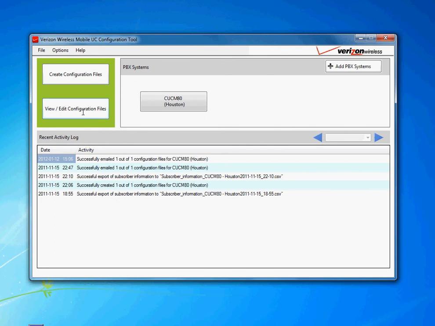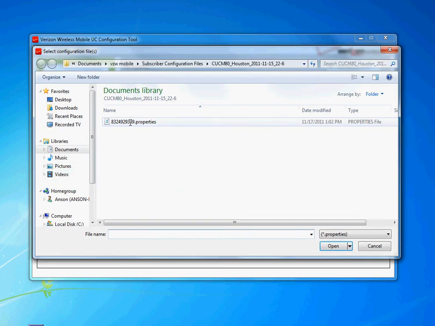Right now I'm just going to do the view edit configuration files because I already have created one. And the process is the same, except I open one instead of creating one. Also, this particular .properties